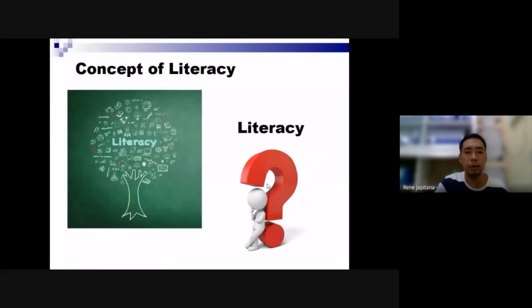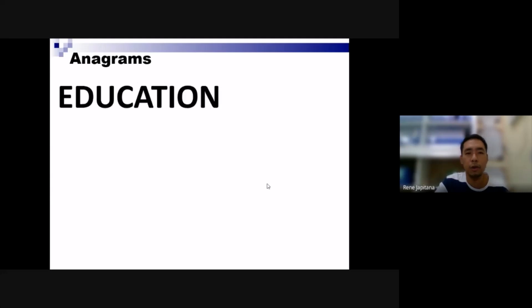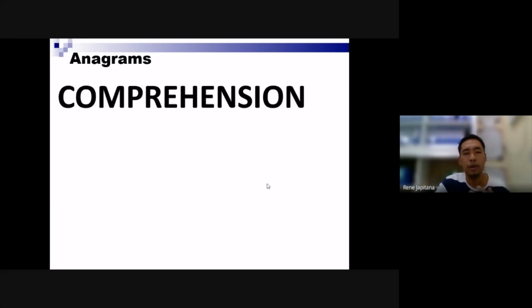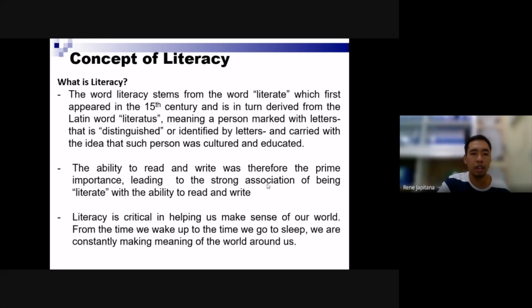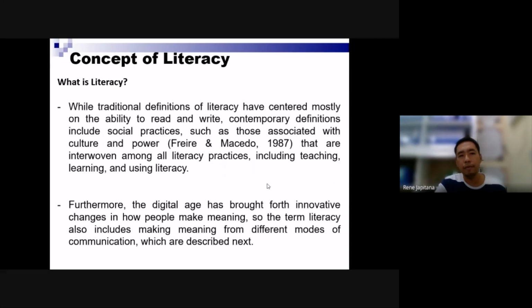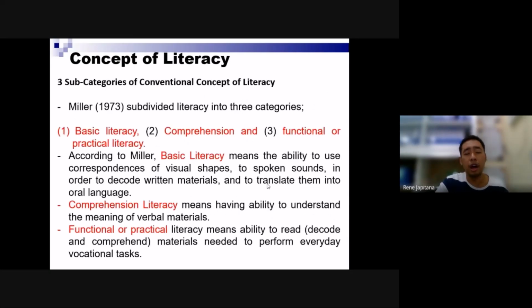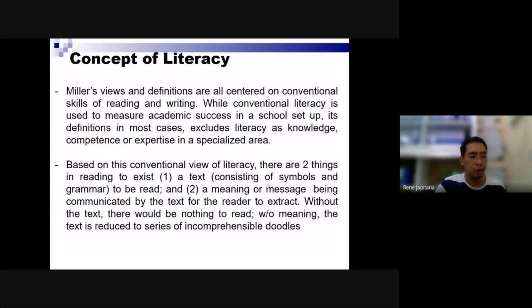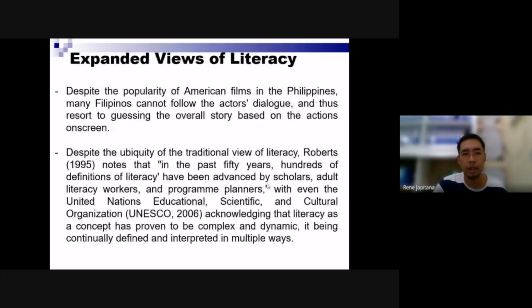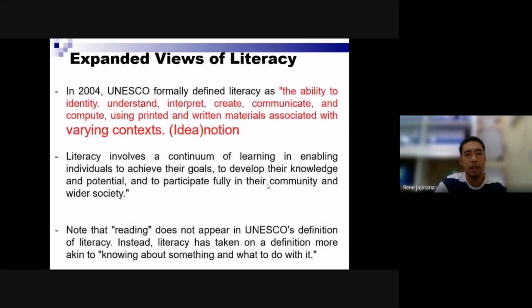So to continue, in the video you will be seeing there is an activity. So I will just skip on this so that you can watch the video carefully. It was also discussed the basic literacy, the definition of literacy, and the three subcategories of the concept of literacy, which are basic literacy, comprehension, and functional or practical literacy. In the quiz, you need to watch the video. So I will just skip on some parts,